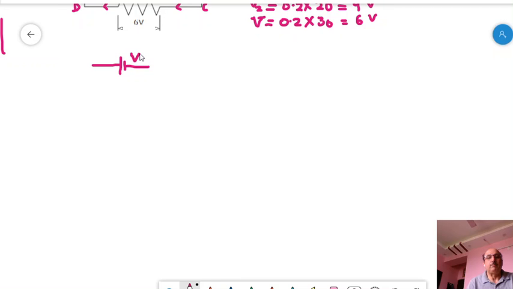Here is a cell or battery. It is providing potential difference V, and here is a resistance R1, a resistance R2, a resistance R3,